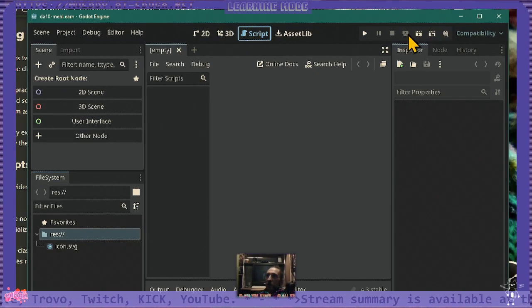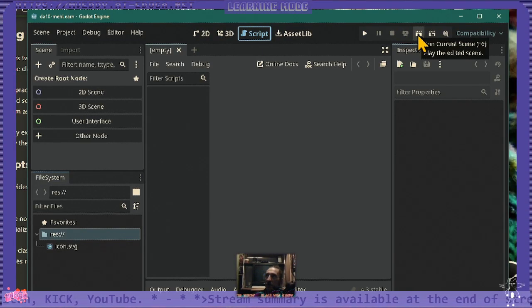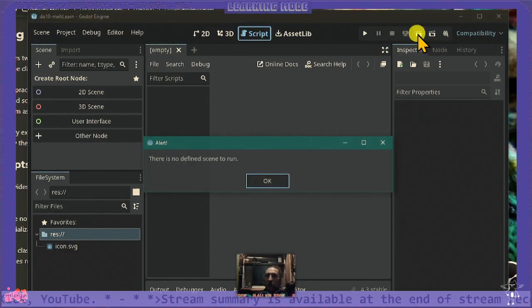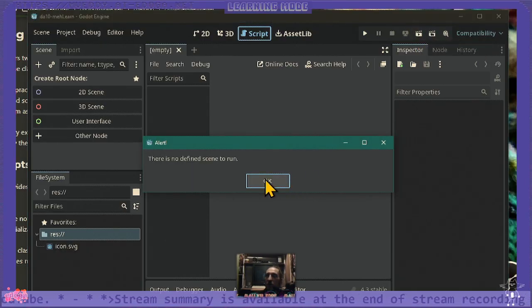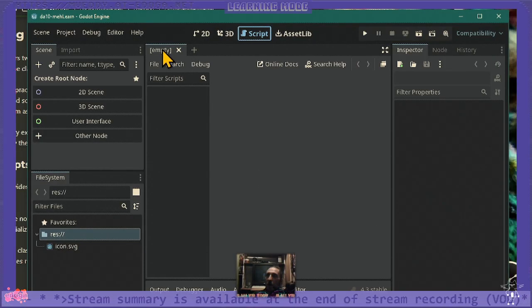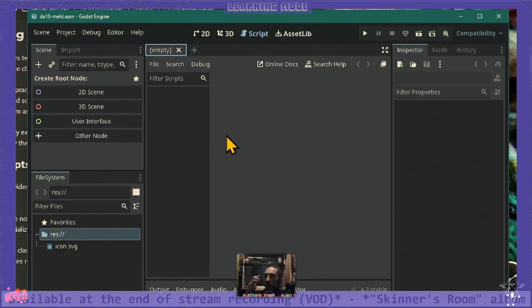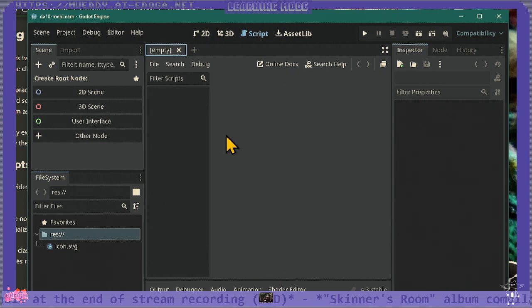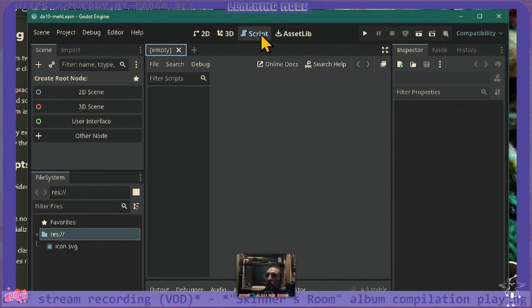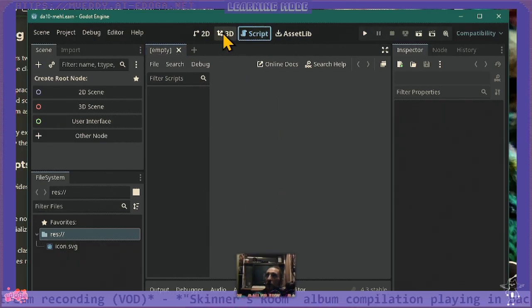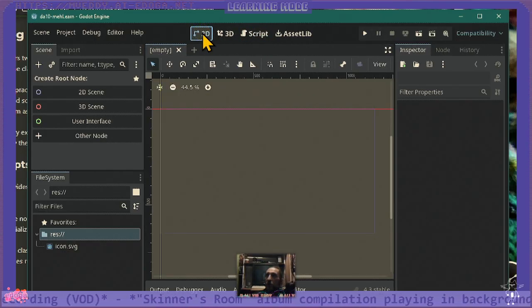Script, so if I try to hit F6, run the current scene, what would I get? There's no defined scene to run. And the tab here says empty. So the script itself, there's no script, there's no code behind. So this would be the script view. And if I switch back to 2D,